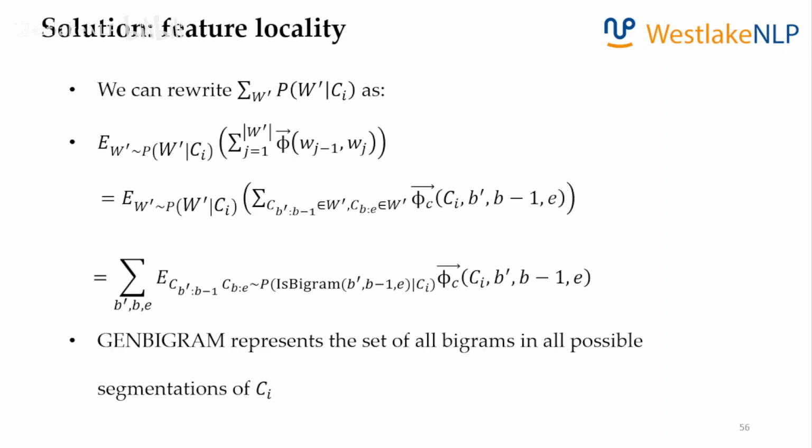So slide 56 shows us this equation, okay? So the equation is the sum of all possible bigrams, the expectation of this bigram probability times